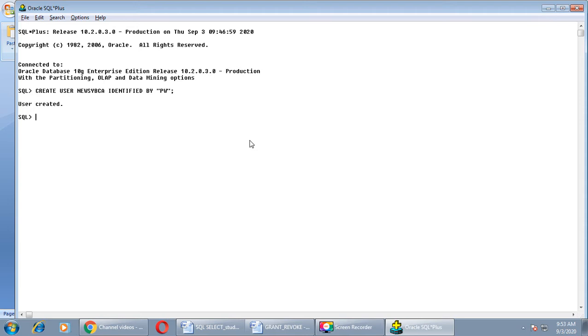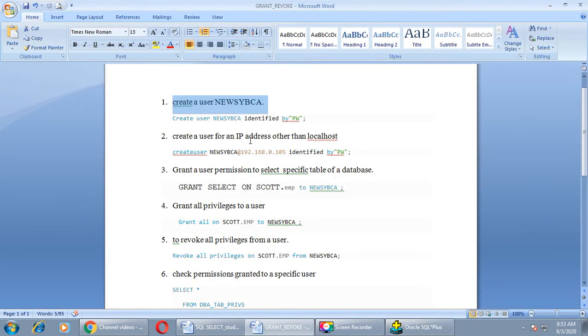Now we want to give some privileges to this newly created user. For that we will write grant select on scott.emp. For example, here I want to give permission on the emp table, a specific table, I mean only one table.